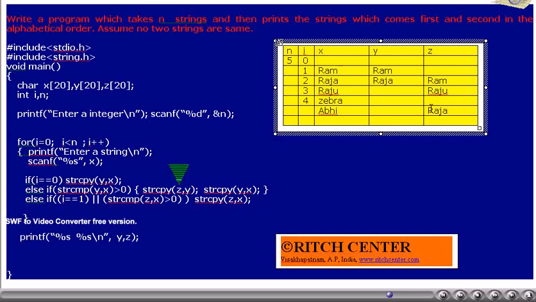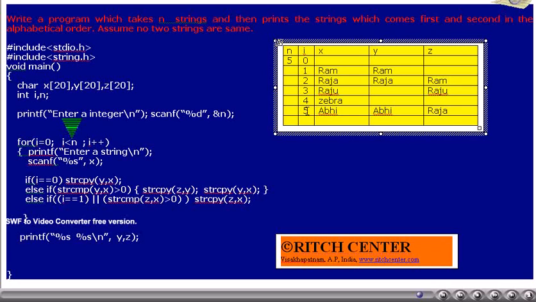Thus, Raja will be stored in z and then Abhi will be stored in y.